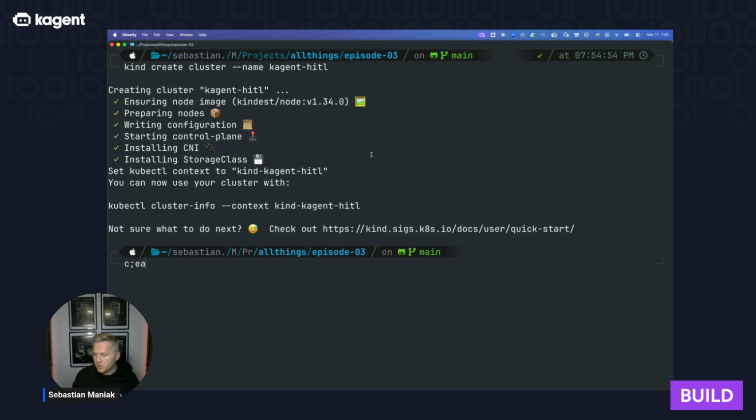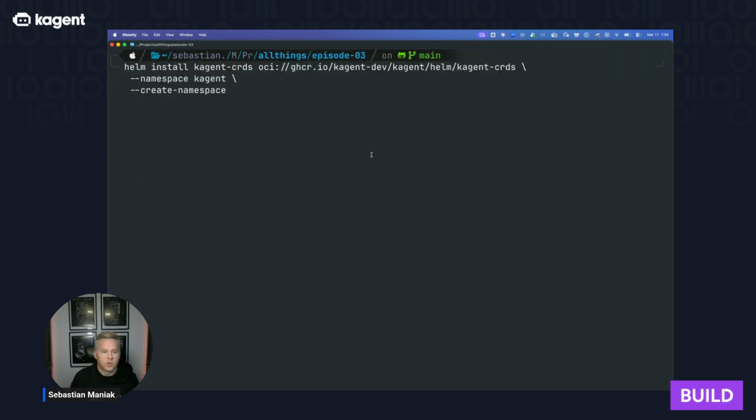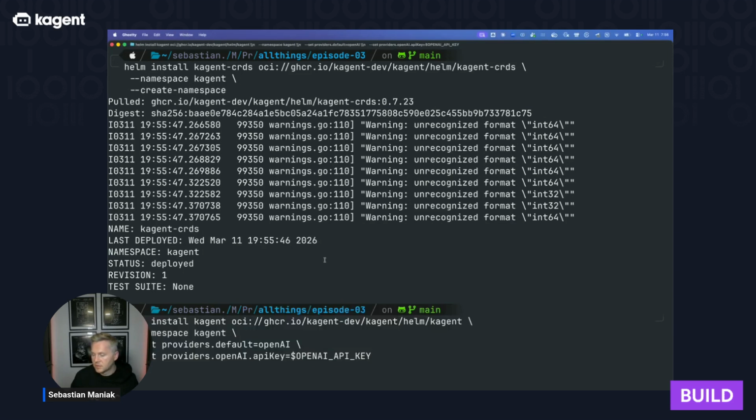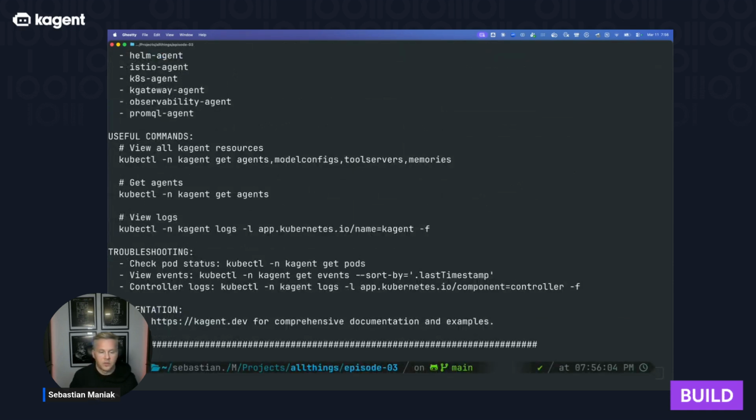So now that the kind cluster is built, we're going to install the CRDs. I already have my OpenAI key exported, but if you execute the following command and paste in your key, that's going to be inside your environment variables to use. Next thing we're doing is going to install kagent. So as kagent installs, let's take a look at